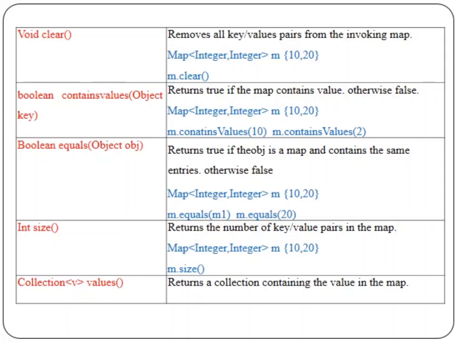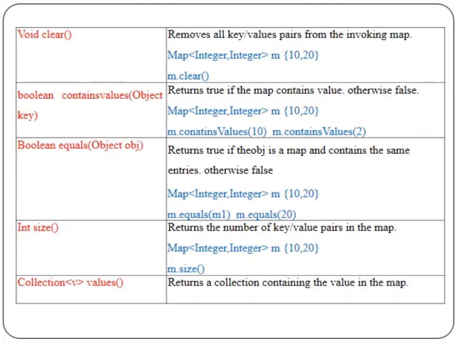The next method is size. The size is a method which is going to return the size of the given map interface based on the keys and values. The number of keys and values available in the map is what is going to be returned as the size of the map interface. Here we have added 2 values: key 0 with value 10, and key 1 with value 20. The size of this map interface will be 2. So the output of this function will be 2.